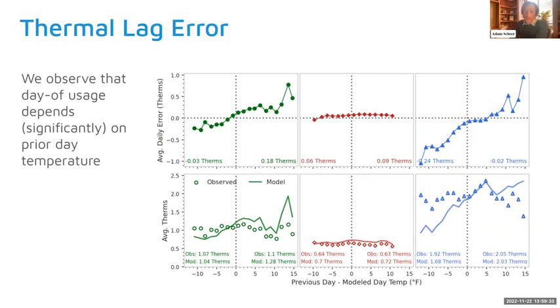Yeah, Greg, go right ahead. Yeah, sorry. Hopefully you can hear me. So I think there's a lot of things to consider here, and I'm glad we're talking about this. Some of this is the second day of heating or cooling. The building shell maybe hasn't cooled down or heated up. But I'm also wondering, in terms of long-term seasonal changes, whether there are things that could be incorporated in the model that could help account for some of this bias.